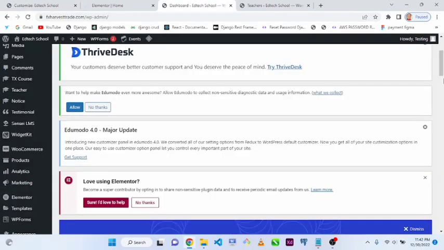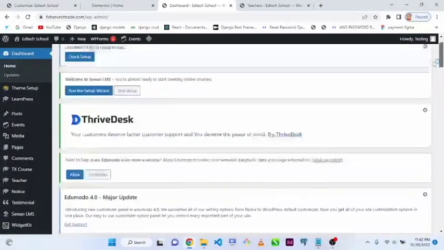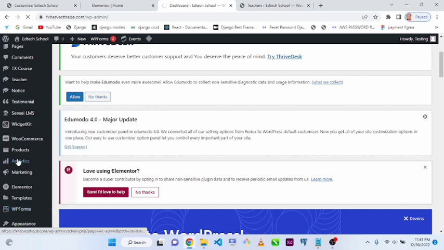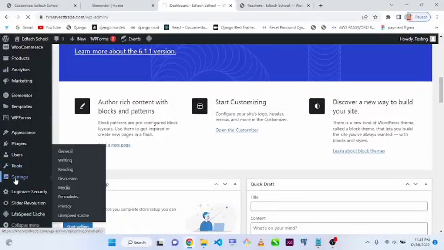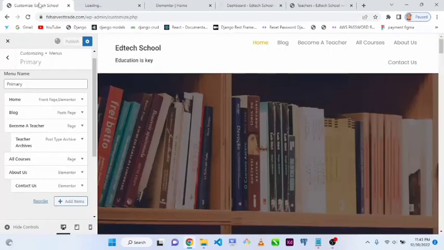So let's quickly go to, let's see if we have any contact form. Okay, we have a contact form, but in this case, this theme is giving us WPForms as our default form for user registration and all. And also we can go to settings. Let's go to the general settings. Let's take a good look at the settings we can make on our theme. So while doing that,